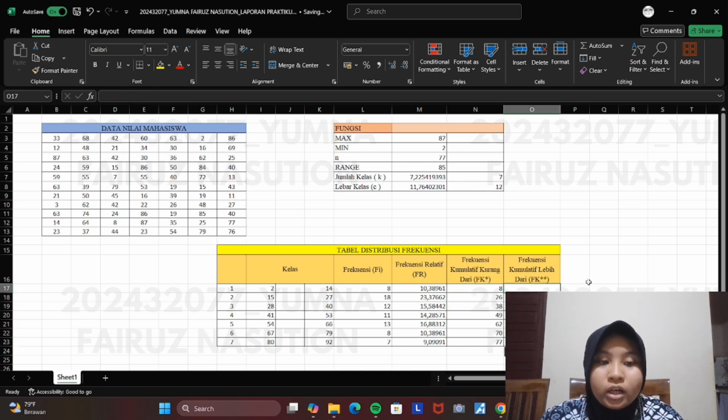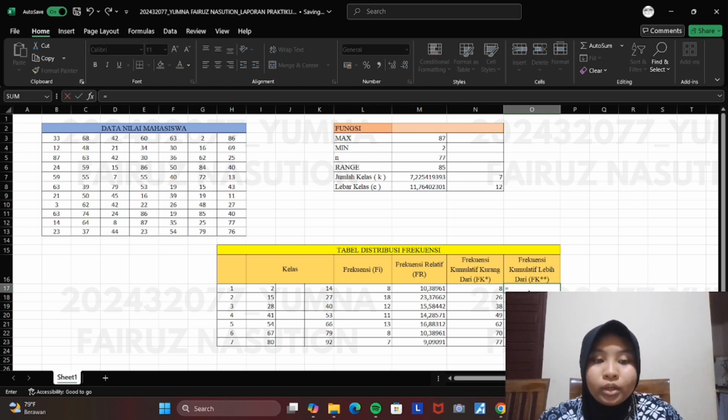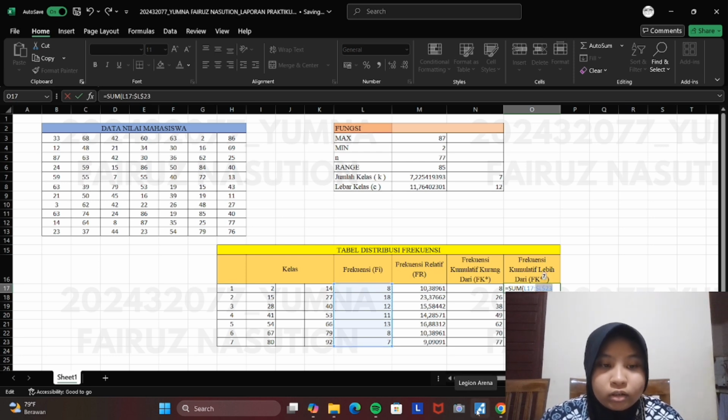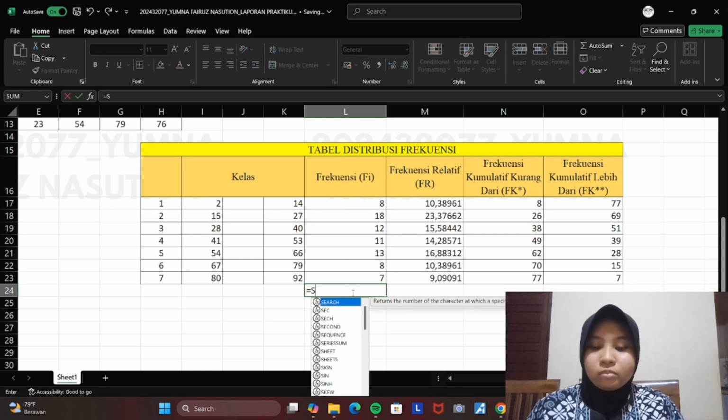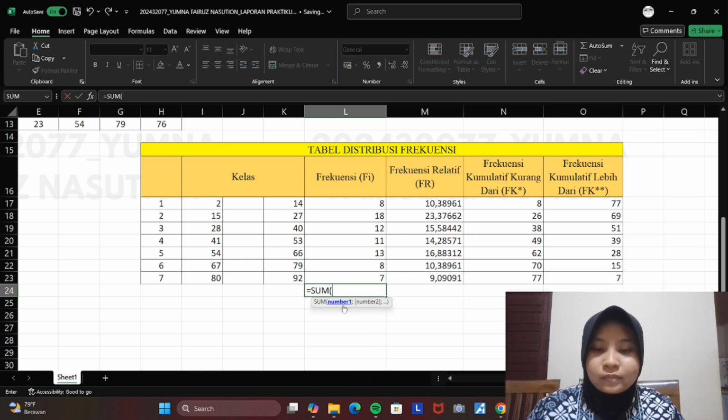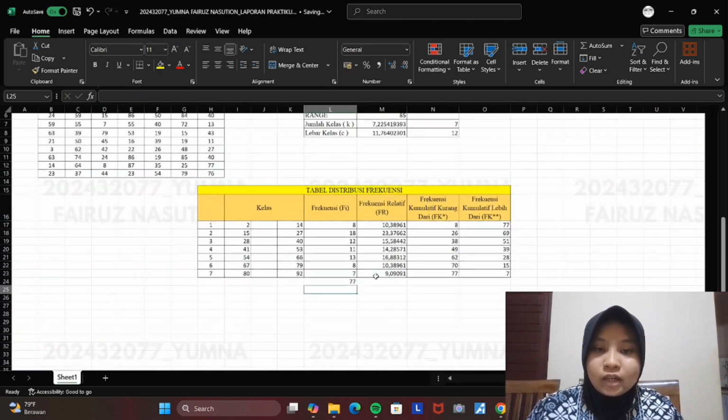Now for the cumulative frequency more than, the same thing again, but we block all the frequency data, and same thing again, we press F4 and enter. The last thing is we add the total of frequency using the sum. We block all the data here and press enter. Now it's done.